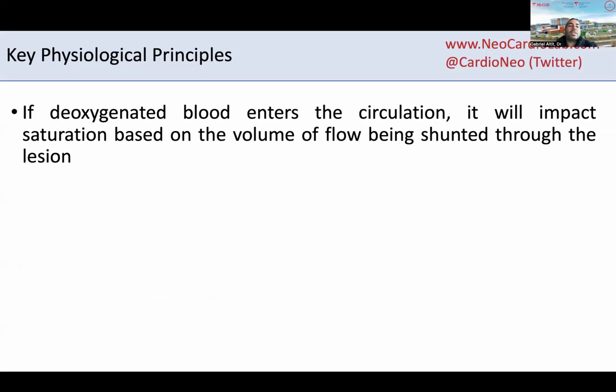So another key physiological principle to remember in acute PH, because that's often the first clinical manifestation we're going to be looking at: deoxygenated blood will enter the circulation if you have a shunt that is from the right to the left. And it's important to remember that, of course, if you have a normal cardiac configuration. And it's important to remember that because you may have a right to left shunt at the PDA level or